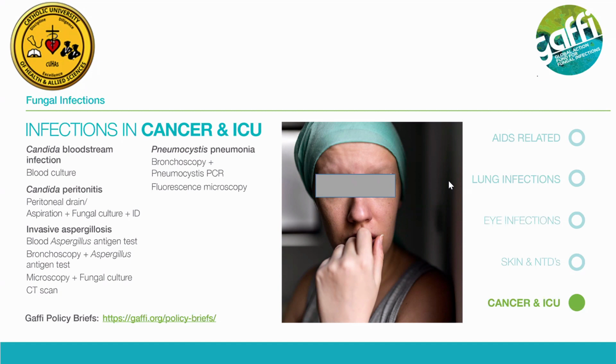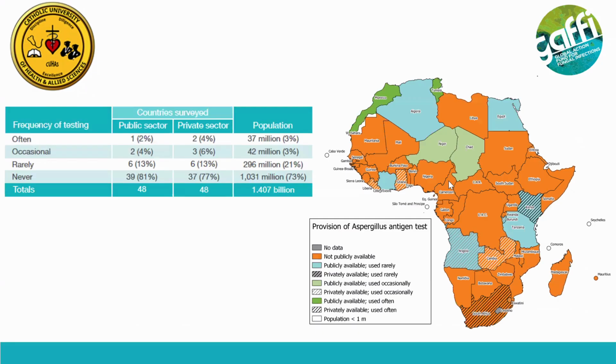And looking at that data, availability of the protocol for doing fungal infection was very low. But we went ahead also looking at the Aspergillus antigen test, the availability of these tests. We found that the majority of the countries don't have this Aspergillus antigen test. And the ones which have it, like Tanzania, had it for research purposes. It was not for clinical diagnosis. We are still having it, but we are using it for research purposes, not for clinical diagnosis.